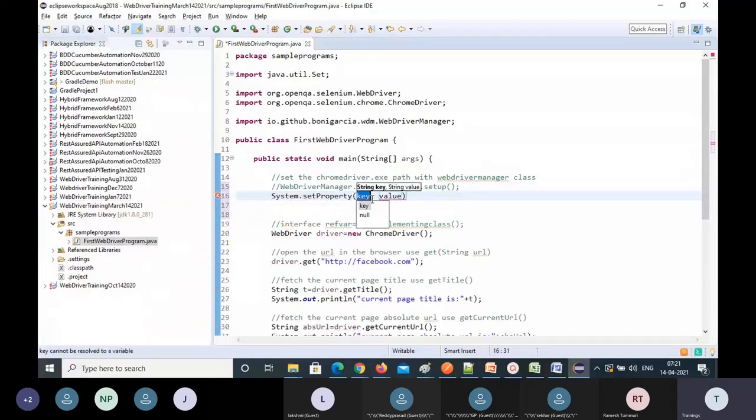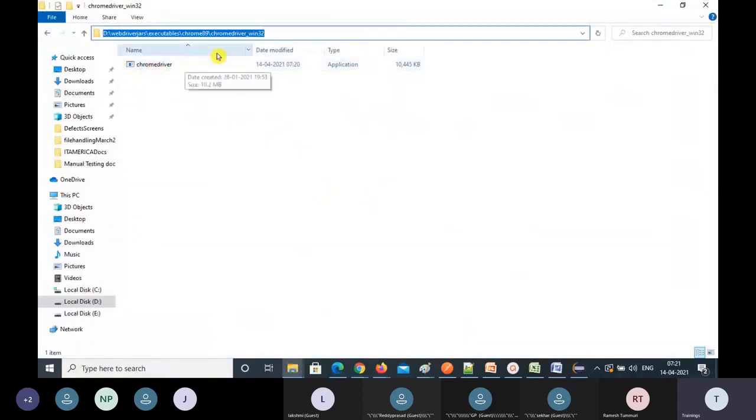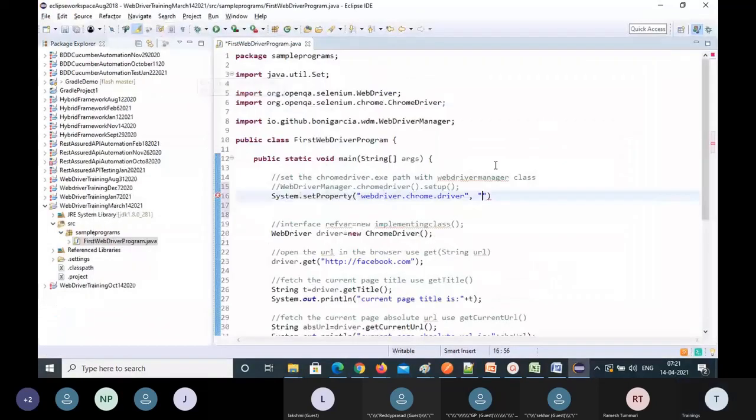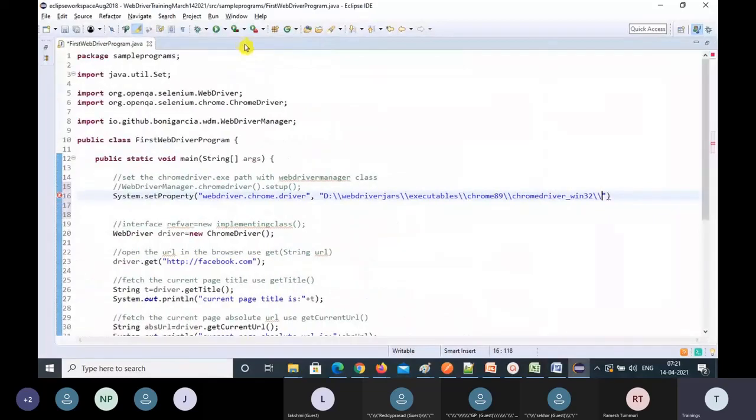I need to give the key: webdriver.chrome.driver. Then as value you need to give the path of the chromedriver. I think I copied this path. Then I need to give the file name also. Don't forget to give the file name, chromedriver.exe.